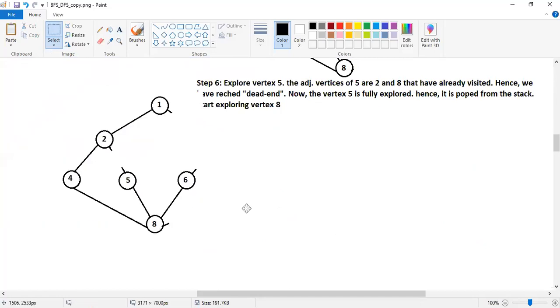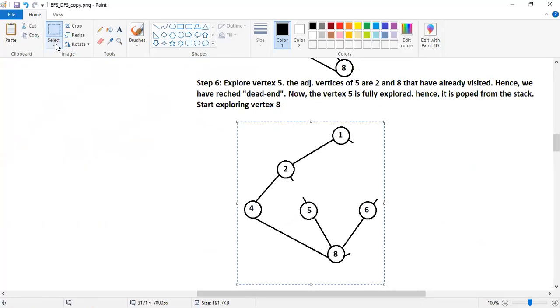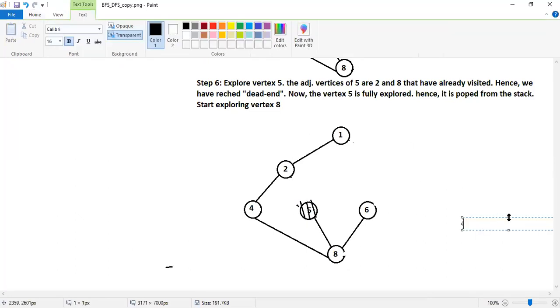So in this step number 6, even though I'm considering vertex 5 here, we will give a special treatment to vertex 5. We will mark it as already a dead end. We will try to strike this particular vertex, a kind of shading we need to show. In proper notes I will give you. We just need to shade it out so that we can understand 5 is a dead end, which has been already explored completely. Okay. Now, can you tell me what our stack will contain at the end of this particular step?